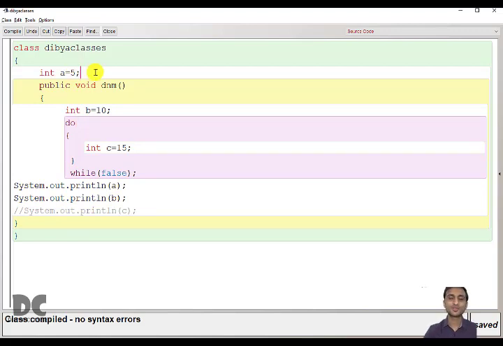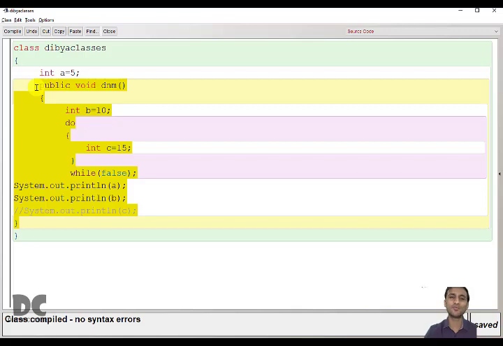Okay. So the advantage of using global variables is that they can be used in all the functions. For example, we have multiple functions in a class. Here we have only one function, public void dnm. But assume that you have four to five more functions like dnm1, dnm2, dnm3, many functions.